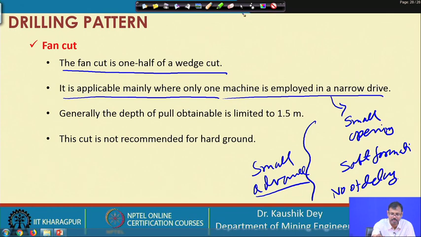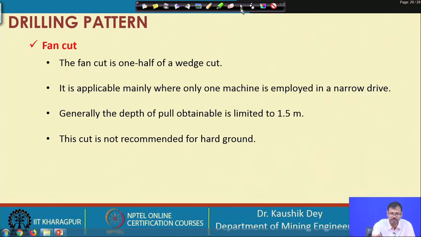So, basically the applicability of this fan cut and drag cut is more or less similar, where you can use fan cut, the same place you can use the drag cut also, but often fan cut results little bit better over the drag cut, because the confinement of the charges are more or less not against the gravity. In case of drag cut it is against the gravity, but in fan cut it is not against the gravity, that is why their performance is little bit better over drag cut. So, basically these are more or less same, but useful only for the soft rock formation.